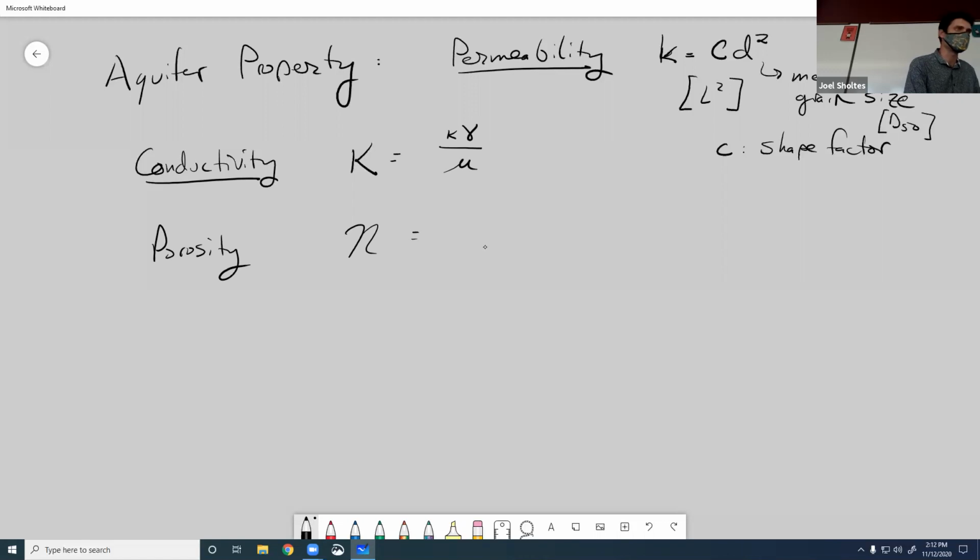I think, I don't know if it's a tropical storm or what, but anyway, so that's the volume of water over the volume of your, we'll just say total of your sample. So